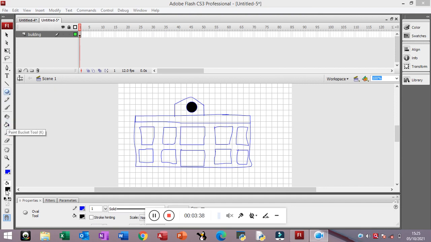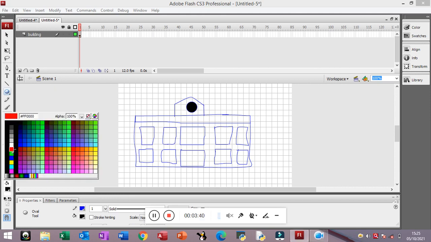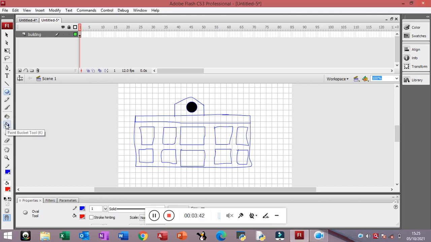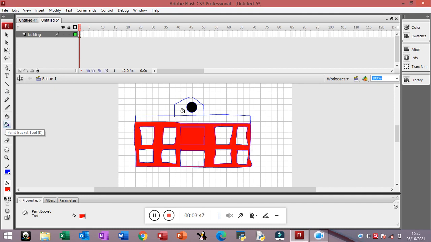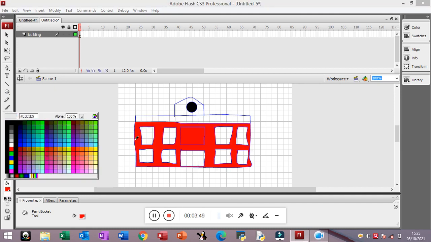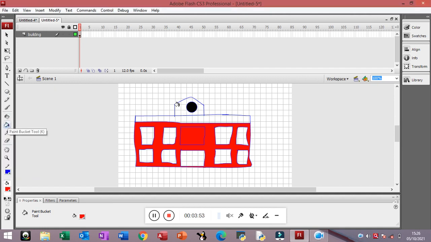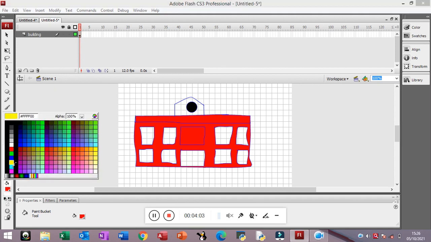Now I'm going to fill color inside that. I'm using red color, and then the fill bucket, and I'm going to take red. Again red color. It's not taking here. Red color is taken by me now, and I'm taking windows.